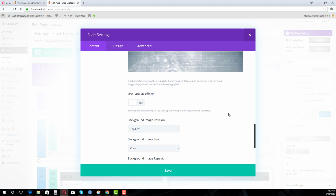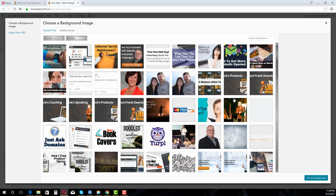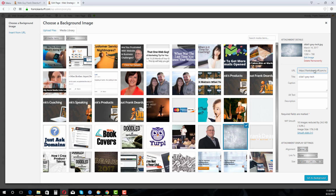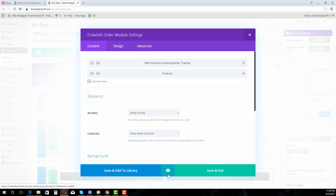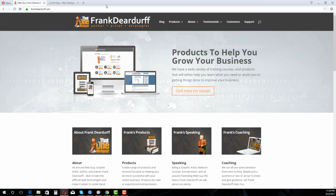Scroll down here. It used to show me the URL. They've updated this theme, and I'm not really seeing it. It should show over here. I'll just go ahead and click this one, and it's showing without the www there. So I'll set that as the background. Save and exit, update, and so next time I go to check that,